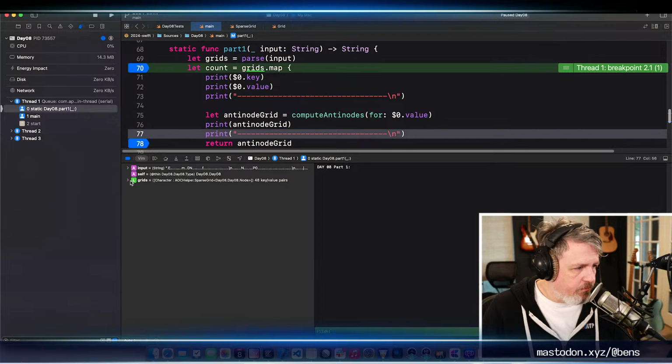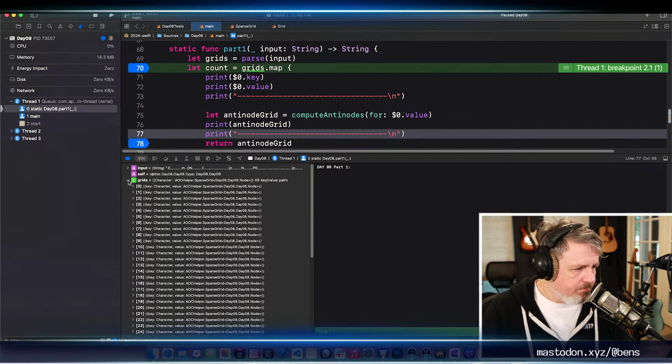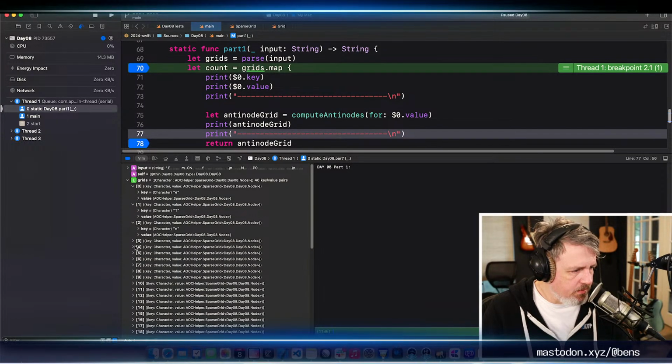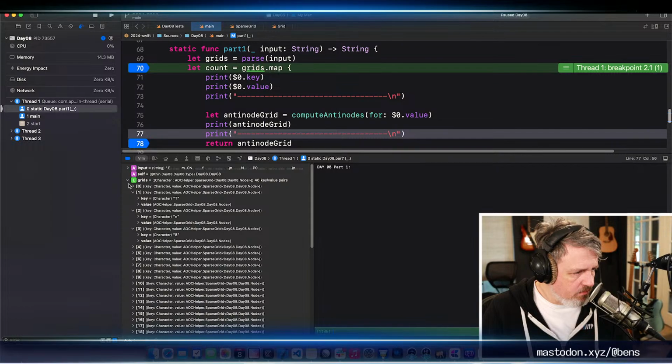All right, so we've got 48 grids. We've got a grid for E and T. Let's just make sure that these are right.